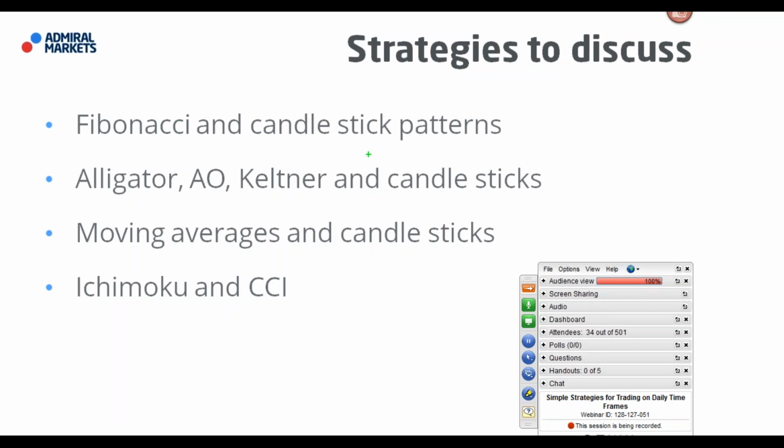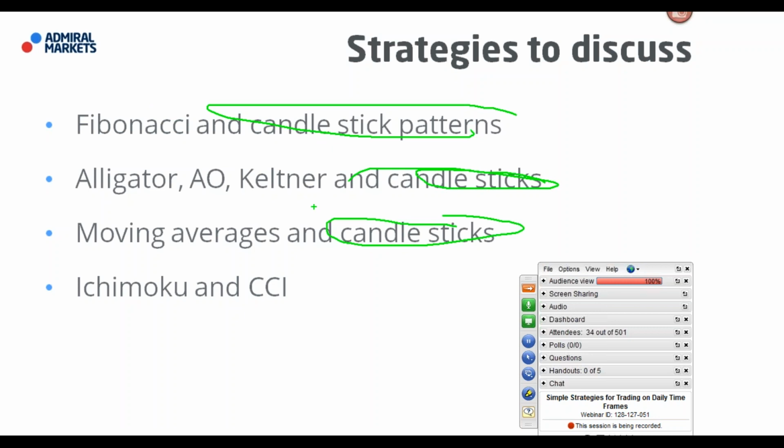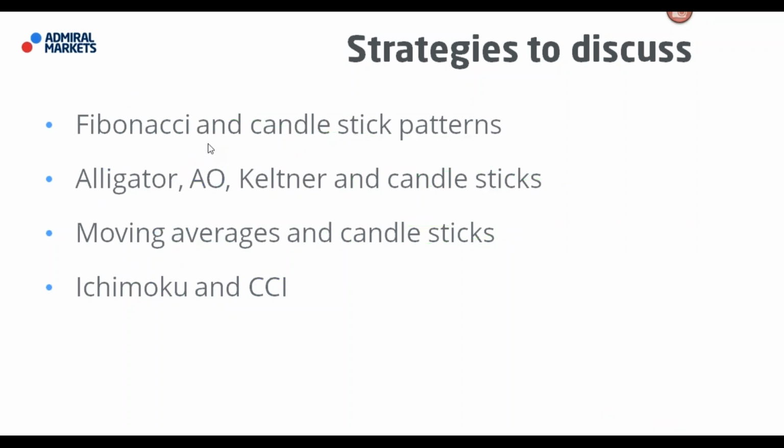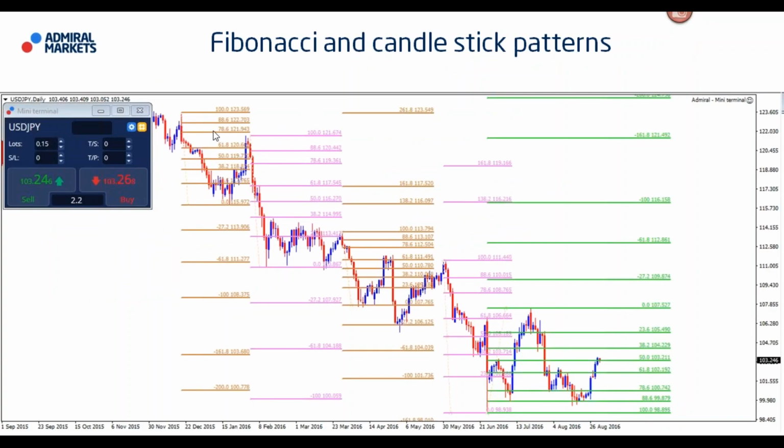We have candles three times here, so as you can see, very important always. Once a fib, support and resistance level. Here we have moving averages, support and resistance, and an oscillator. Here we have moving averages, and here we have support and resistance and an oscillator. So these are a few of those combinations that I think are interesting to look at. So let's dive into that right now.